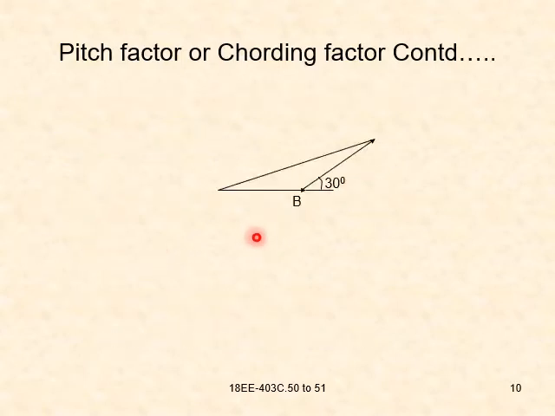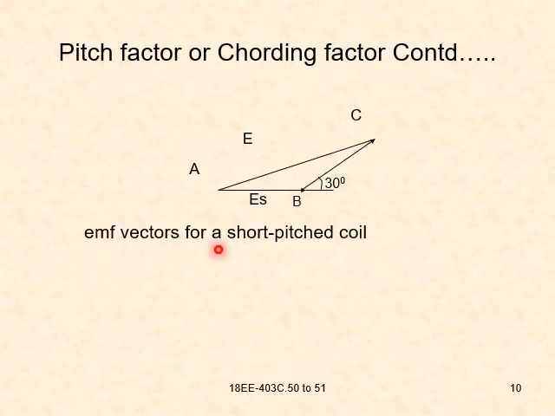So now here, this is for a short pitched coil. Previously we have seen a full pitched coil, and this is for short pitch. The shortfall of short pitch is 30 degrees as we have seen previously. So these are the EMF vectors for a short pitched coil. This is one ES and the other ES. It is short by 30 degrees electrical. Previously it was 180 degrees, that is why both were in the same plane. 180 degrees electrical previously, but now it falls short by 30 degrees. So this will be the new vector.